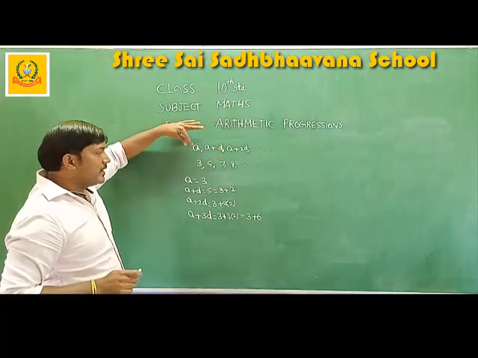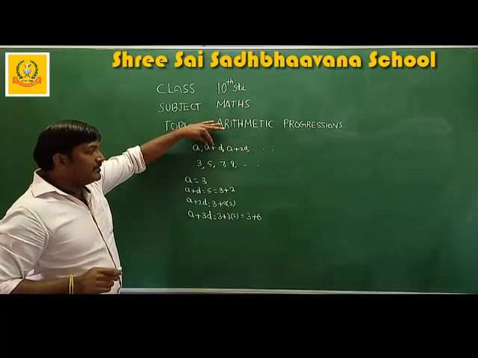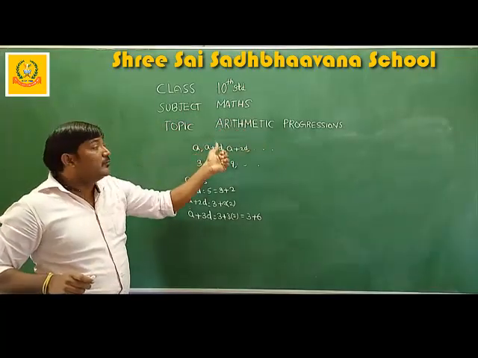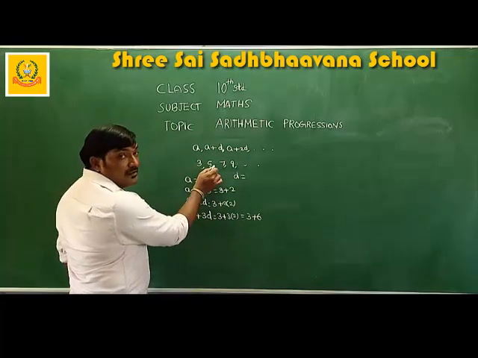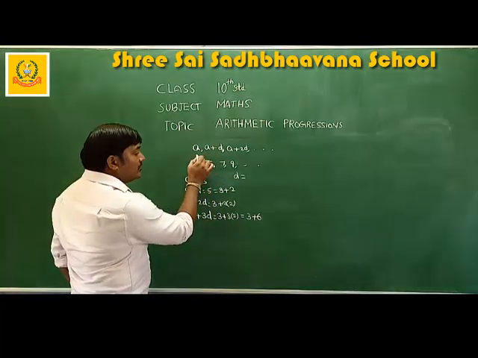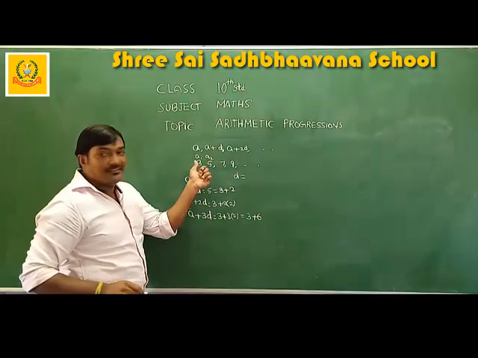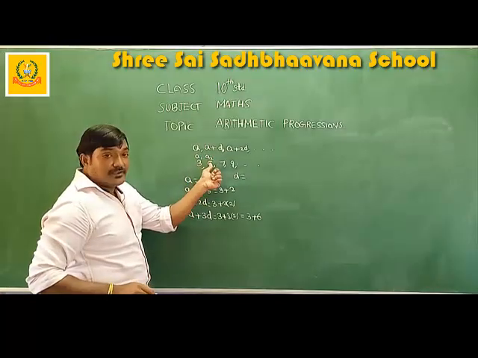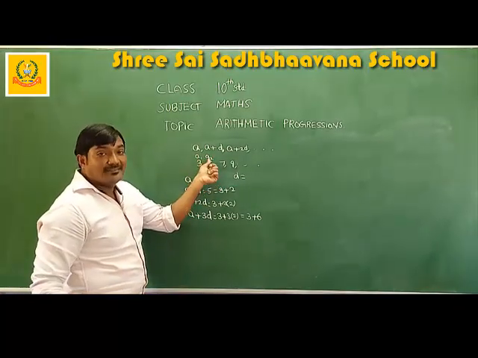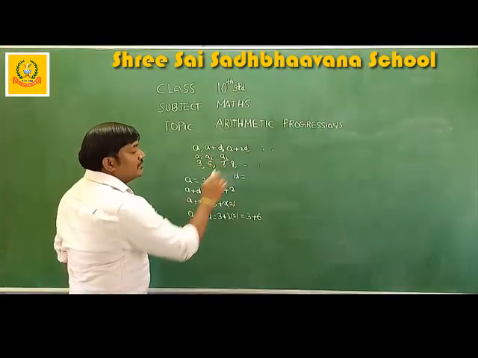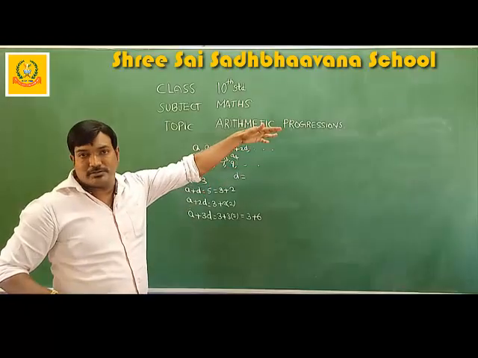Okay, I'll just repeat once again. We are writing the general sequence of an AP: a, a plus d, a plus 2d, and so on. What is this d? d is the difference between the terms. As we discussed in the last class, A1, A2 and so on. The first one is considered as A1, the second as A2. A1 means the first term, A2 the second term, A3 the third term, A4 the fourth term. You can write n terms like that.